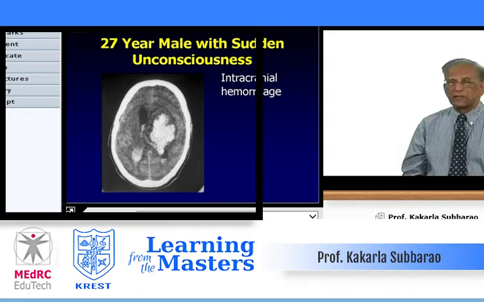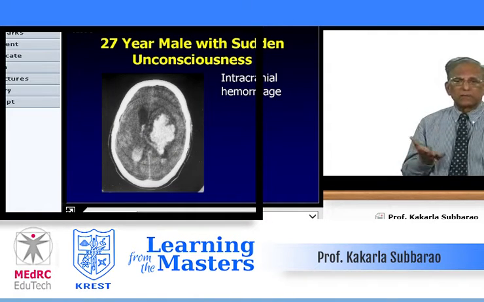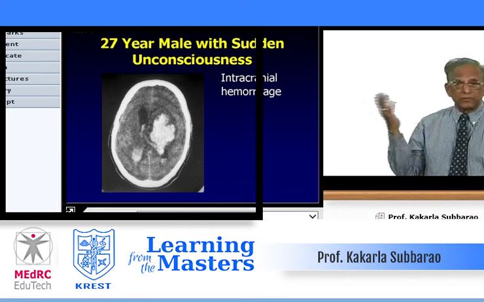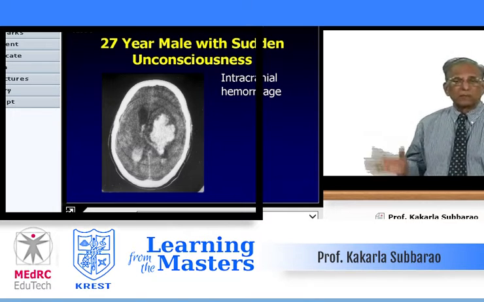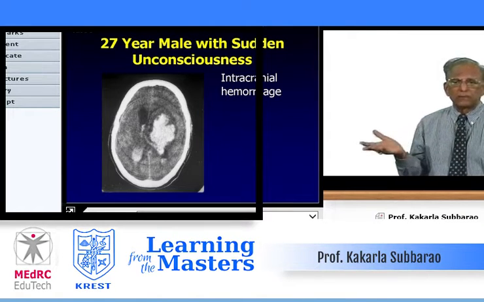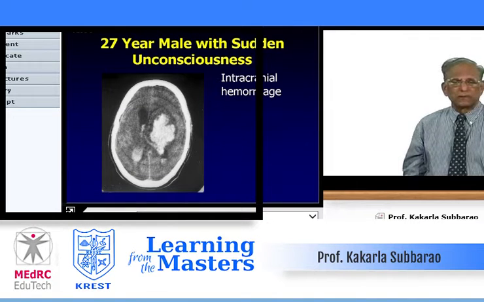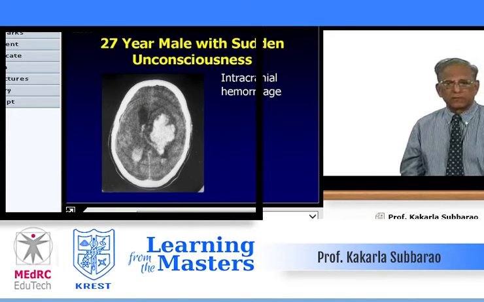Next, number 7 is intracranial hemorrhage, sudden onset of unconsciousness in a young man, hemorrhage. If you take a plain film, there may not be anything. Sometimes with an injury, there may be a fracture, something. But the contents are more important than the container. So today, plain film of the skull doesn't have much contribution to such sudden unconscious patients.